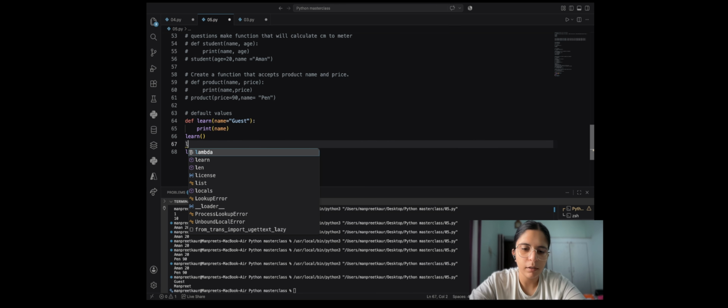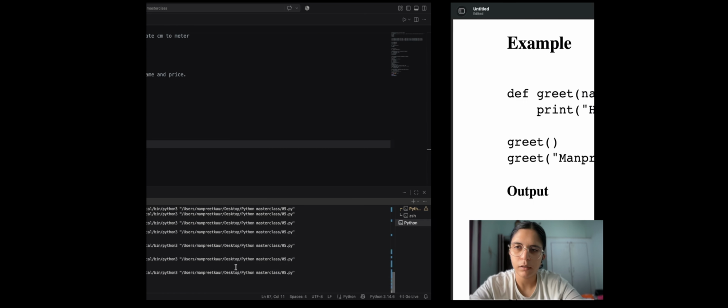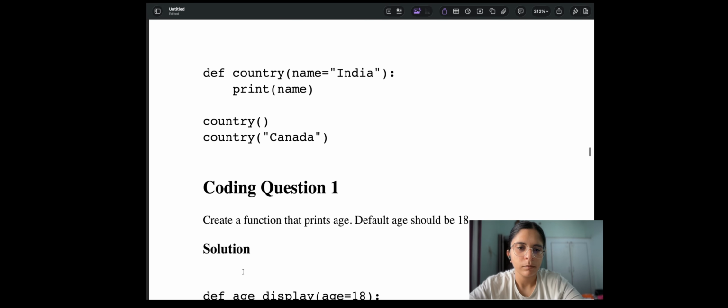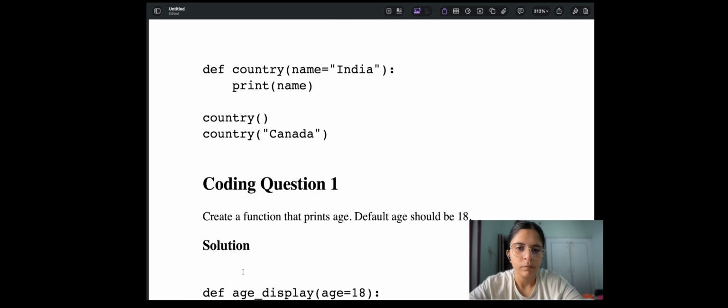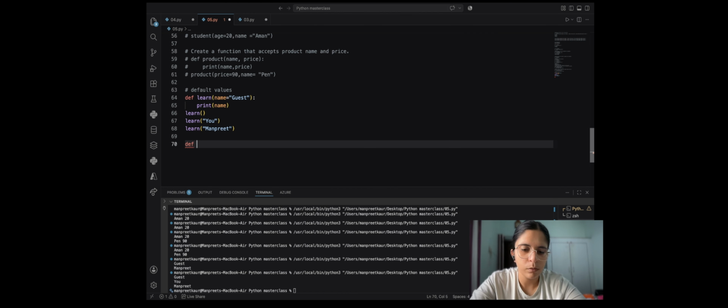What happens if I write learn you? Then the output will be guest, you, Manpreet. Yes, that's fine. Now we are going to make one more def country, and country name is equal to default will be India.